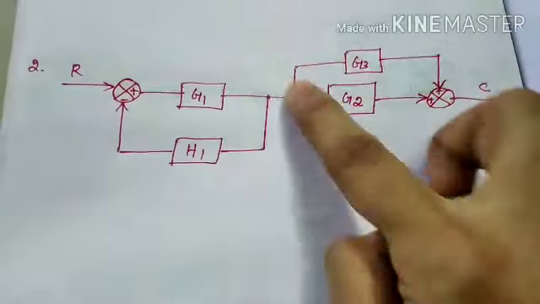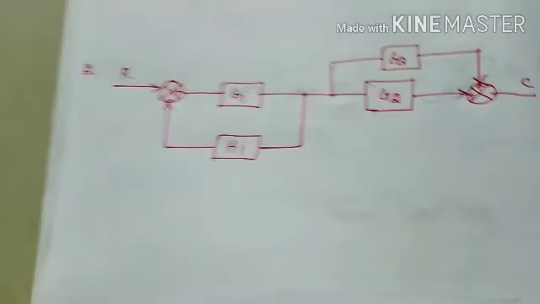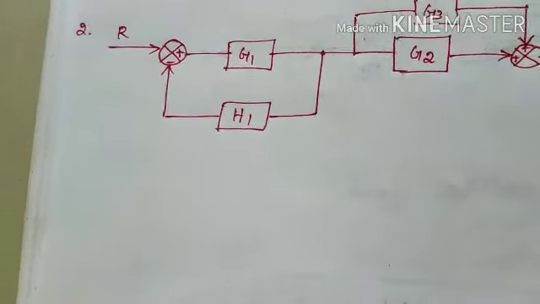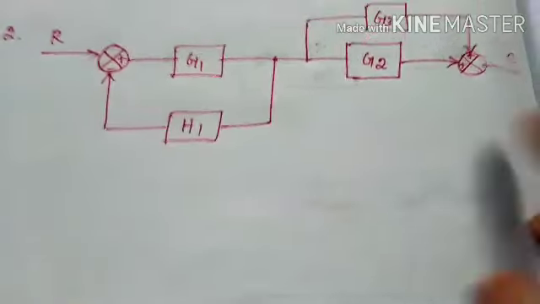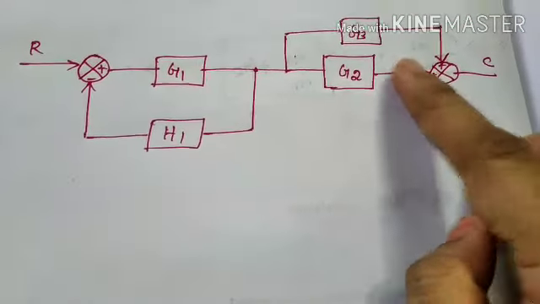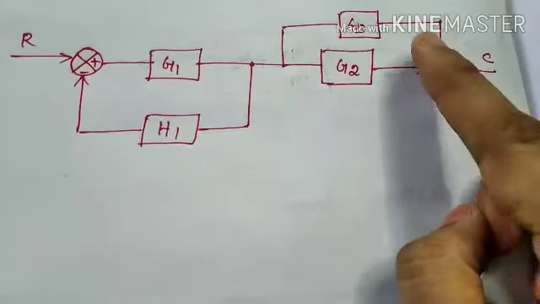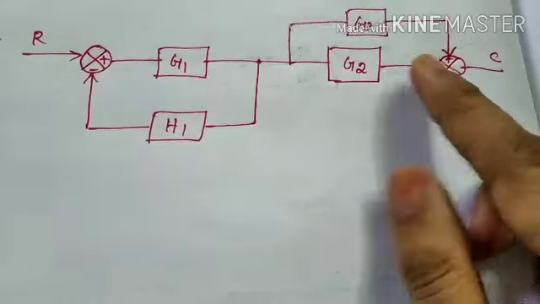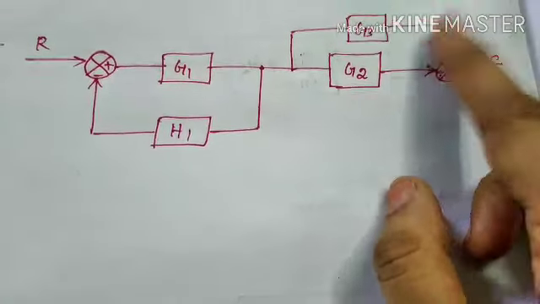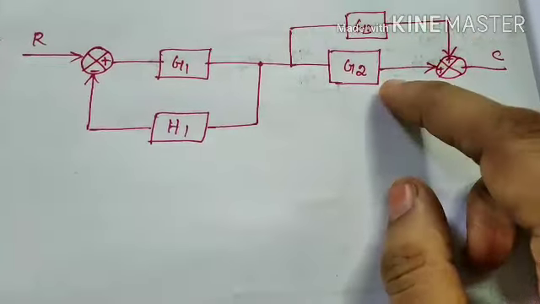See here, this is a separate path, right? In this path, two blocks are connected and they are facing in the same direction. See the arrow marks, these two blocks are connected in the summer and those two arrow marks are facing in the same direction. The same direction in these two paths is said to be the forward path.